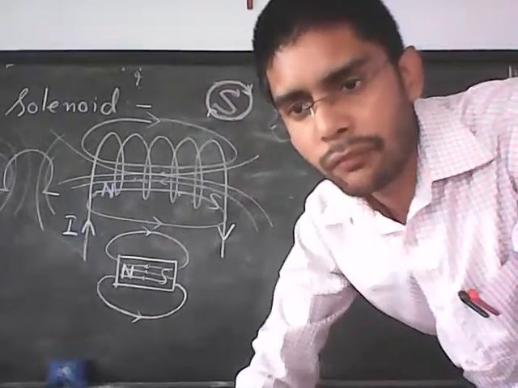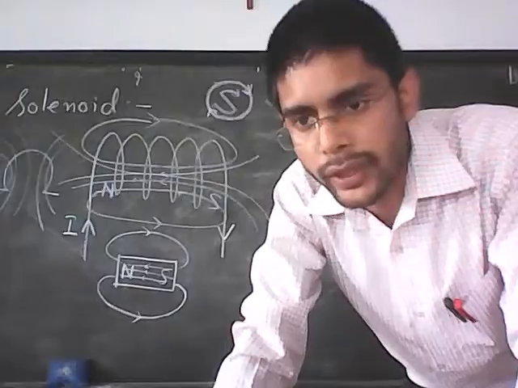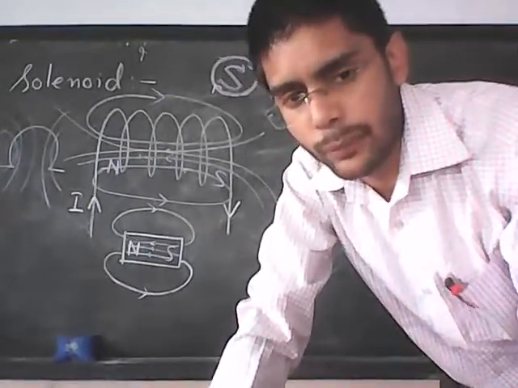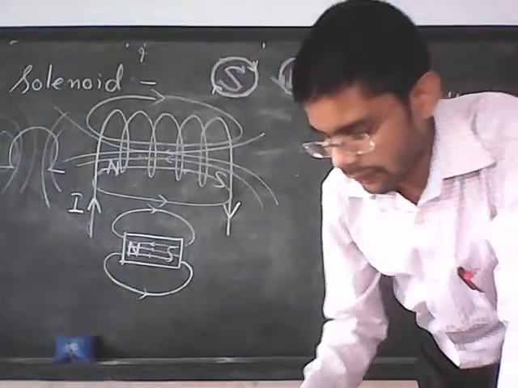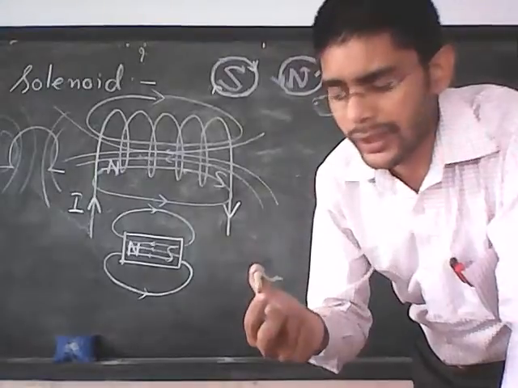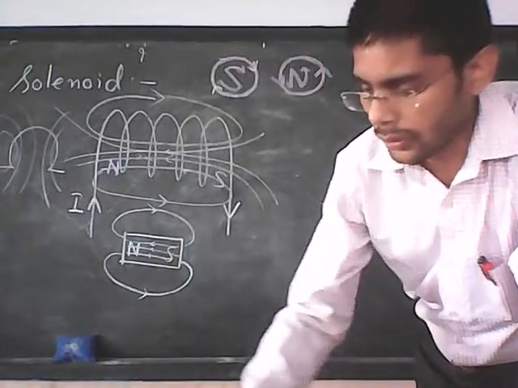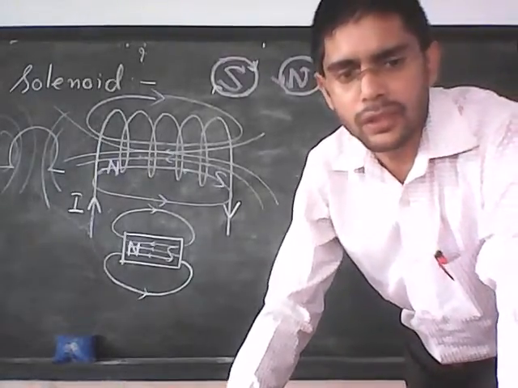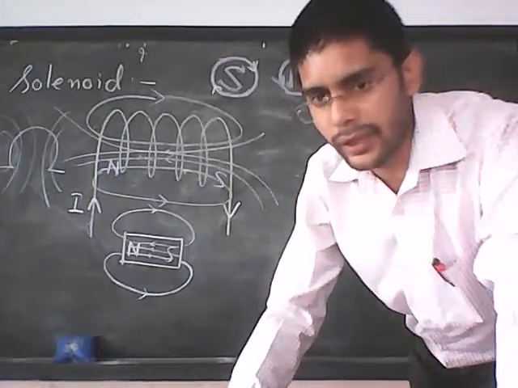Yes, one of you is asking, sir, is there any other material with which we can do this experiment? Yes, definitely we can do the experiment with any magnetic material. Simply I have taken the iron, or you can take alnico or different kinds of other magnetic material also. So what is an electromagnet, students?